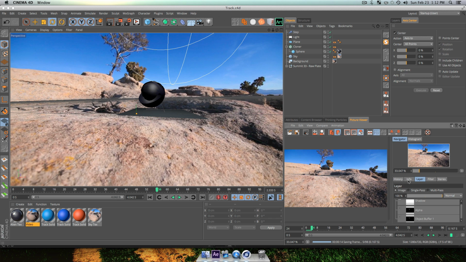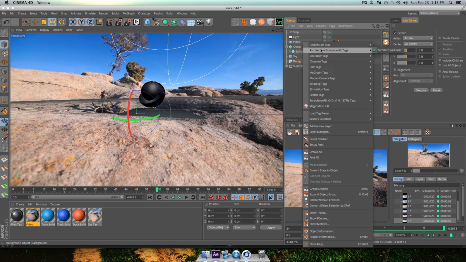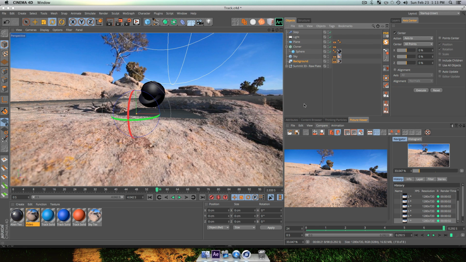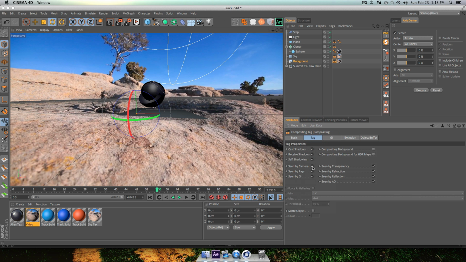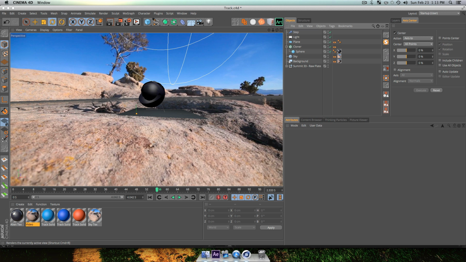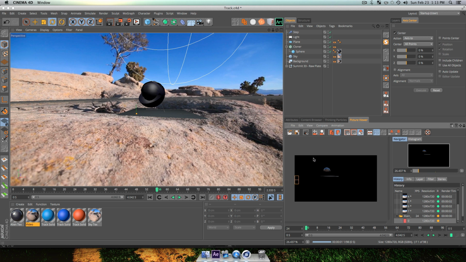What I'm going to have to do here is fix this because something's exporting funny. So let me just stop this preview, click yes, and we're going to need to fix this. So what is showing up in our scene? Let's click into our sky, our background, right click your background, go to Cinema 4D tags, compositing. And on your compositing tag in your attribute manager, let's go over to our tag and set scene by camera. And now let's try this again. So I'm going to click to my picture viewer, say yes, that's fine. And now our scene is going to be fixed. I forgot to click that option, so make sure that is set.